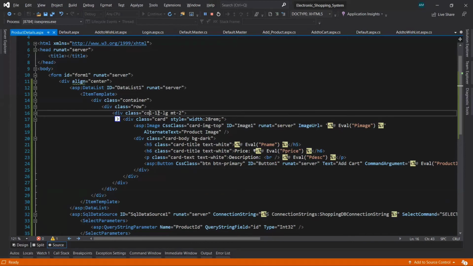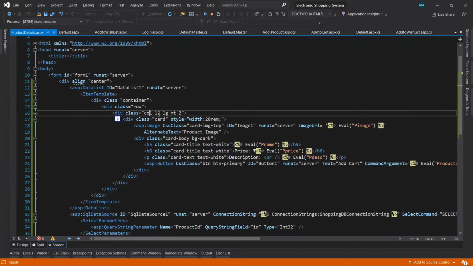So in bootstrap you can take up to 12 columns in a single row, from 1 to 12. It depends on you how much space you want to allocate on a screen to display the particular content.